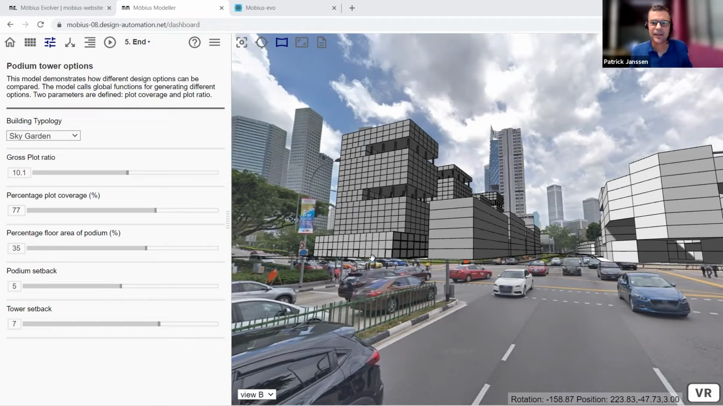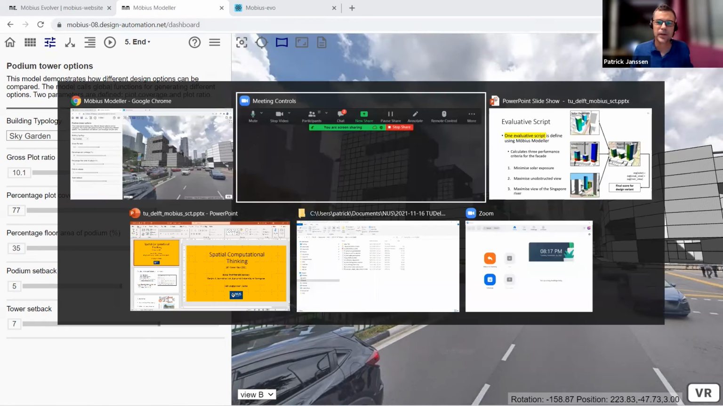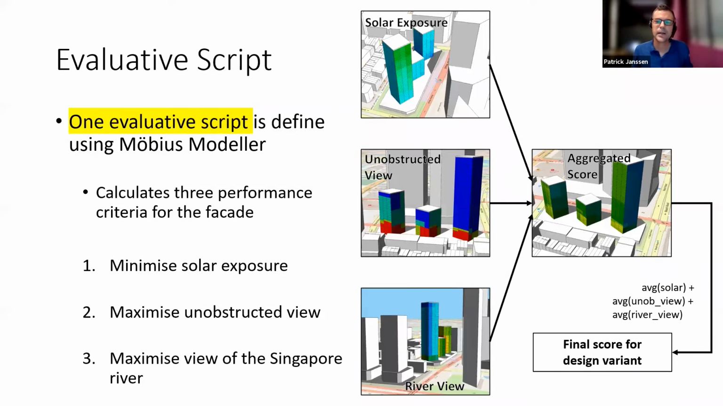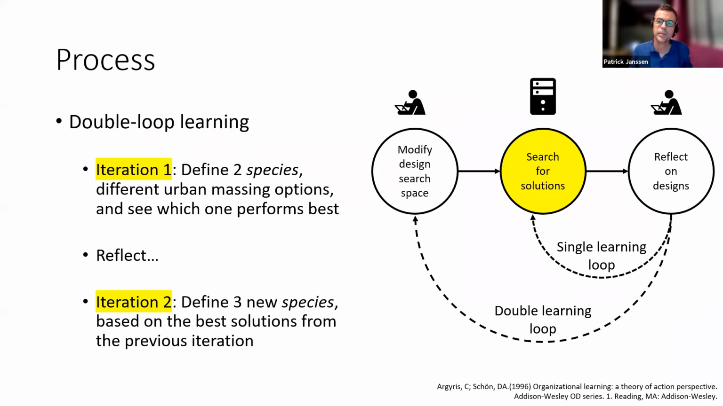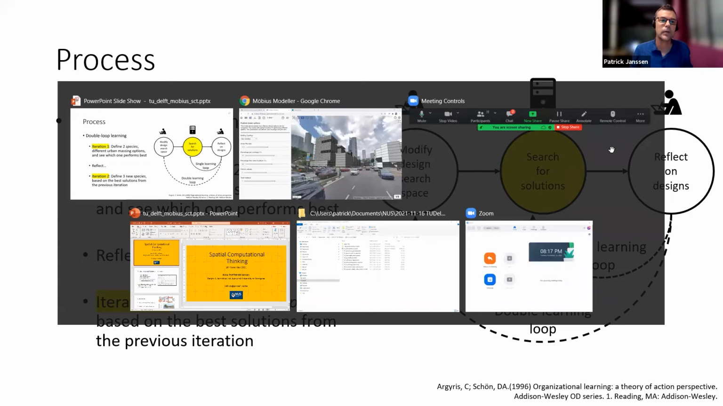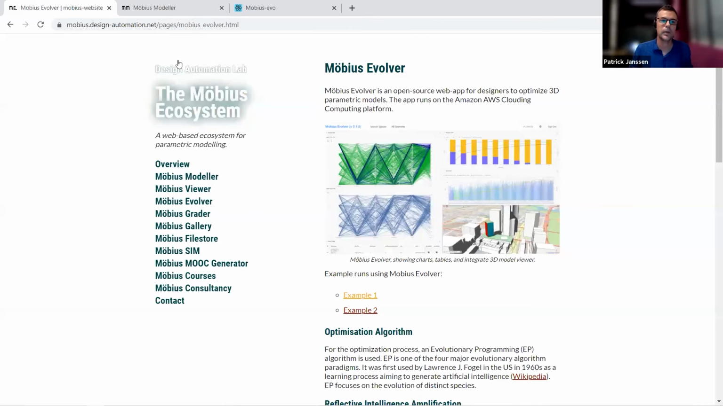Okay, so what I was trying to show here was basically this process, where we want to be able to search for solutions, reflect on them, come back, search for more solutions, and at some point change the search space and search again. And so the idea of this evolutionary programming is when we're searching for solutions, we can put in multiple parametric models. So if we just have a really quick look at the Möbius